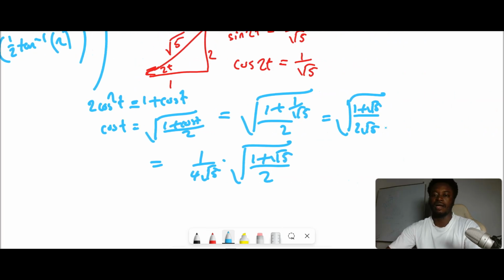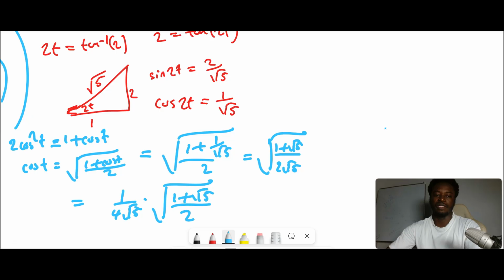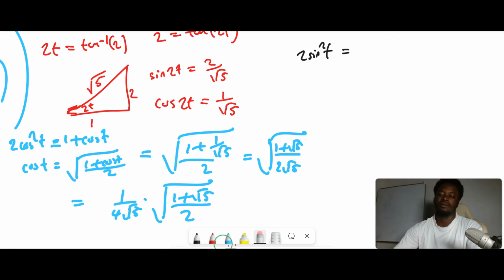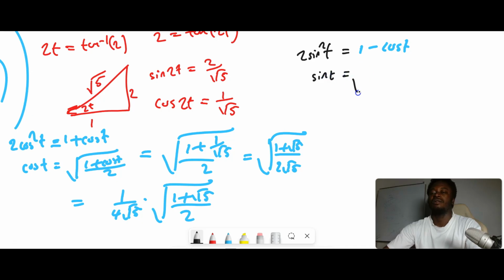Okay, so now we have the value for cosine of t. How do we find sine of t? Well, that one should not be too hard for us because we know that 2 sine squared t is 1 minus cosine of 2t. We just leave it as 1 minus cosine of 2t. So 2 sine squared t is 1 minus cosine of 2t, which essentially means that sine t is the square root of (1 minus cosine 2t) over 2, which we could write as 1 over the 4th root of 5 times